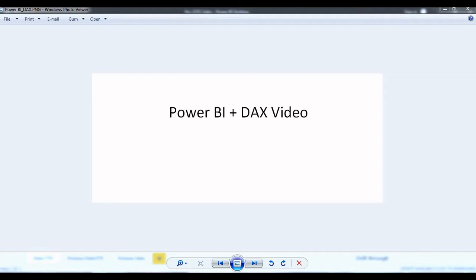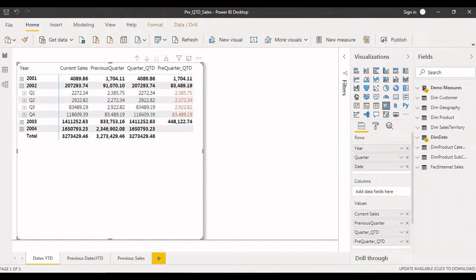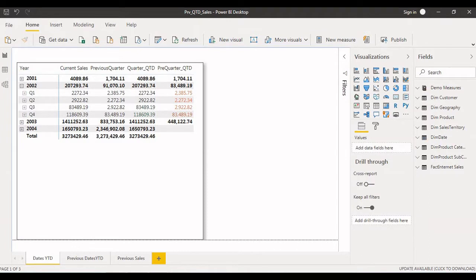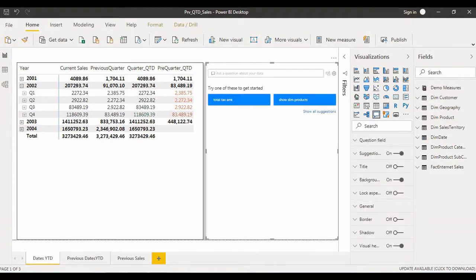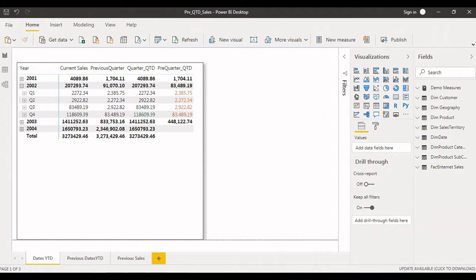Now let's go to the Power BI desktop, where we can understand today's video demo. For this, I have already designed the report, so I'm going to explain each and every step of what I've done here. Before getting into the details of the report, let me explain what tables I have imported from the Excel. If you see here, you can see the customer table, geography, product, sales territory, dim date,